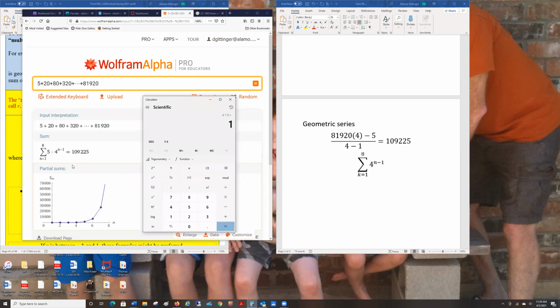But notice I forgot to put 5 times. So let me go ahead and modify this. Let's see if I can make this happen. And then here, I need to put 5 times. Now I can put 5 times in lots of different ways. I could put the 5 in parentheses, or I could put 4 to the n minus 1 in parentheses, or